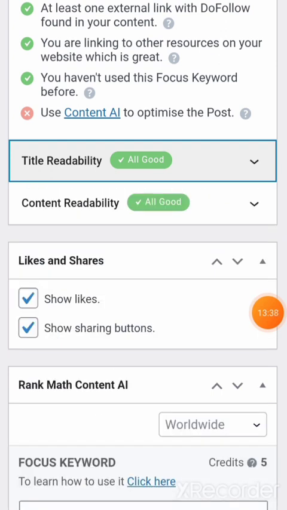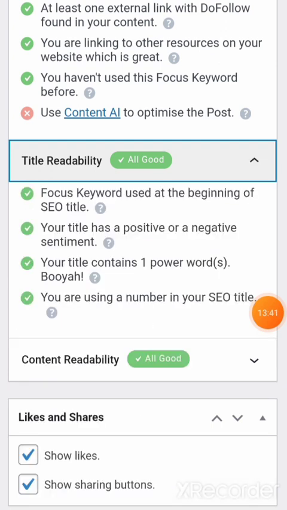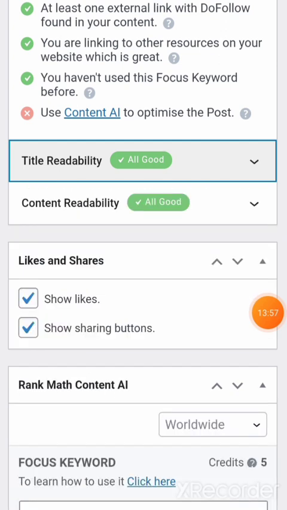Sometimes, and let me bring this to your notice, you mustn't include a number in your title. There are some contents you write that you will not include a number in your title. But when you get all the others right, you will definitely rank. So the last one